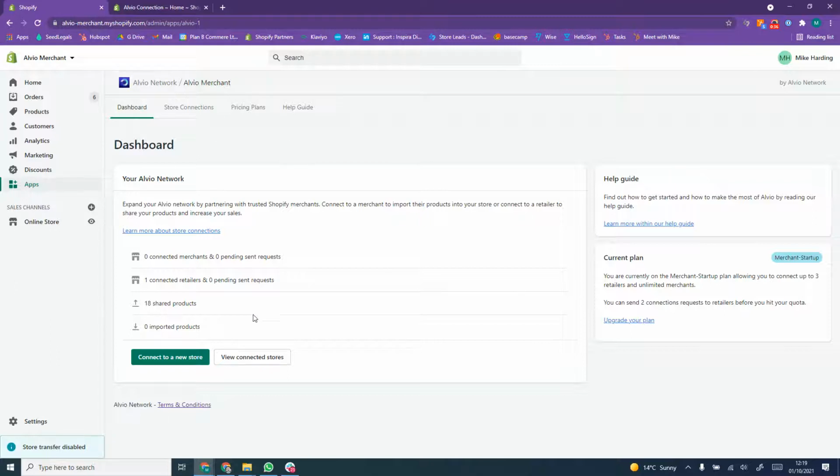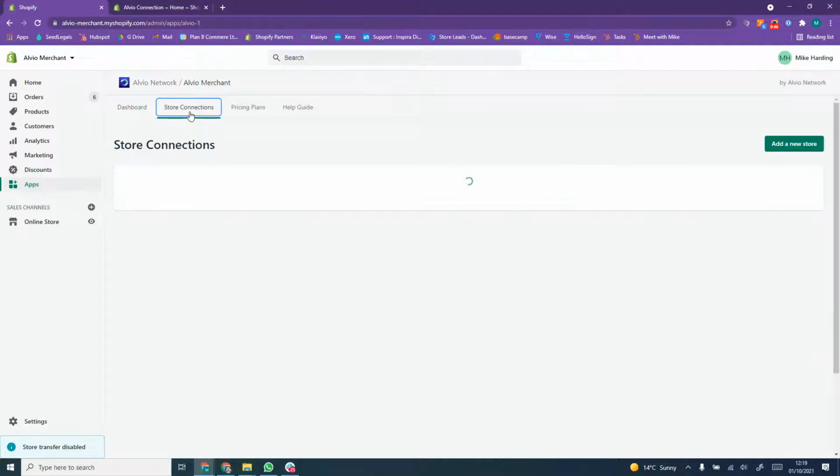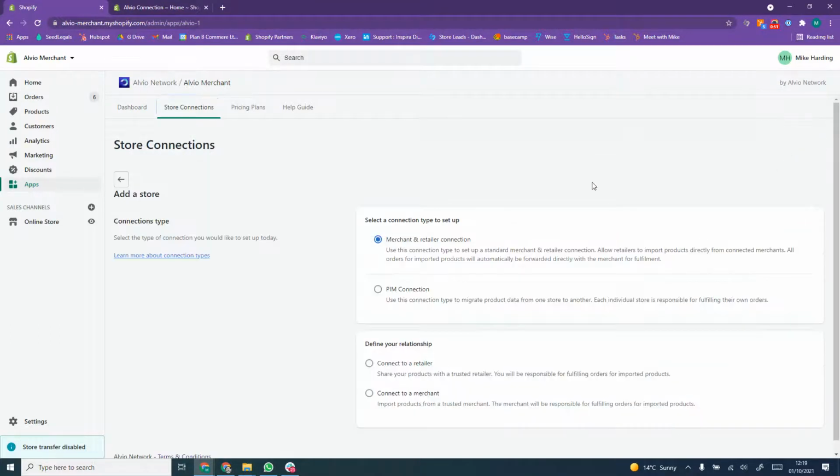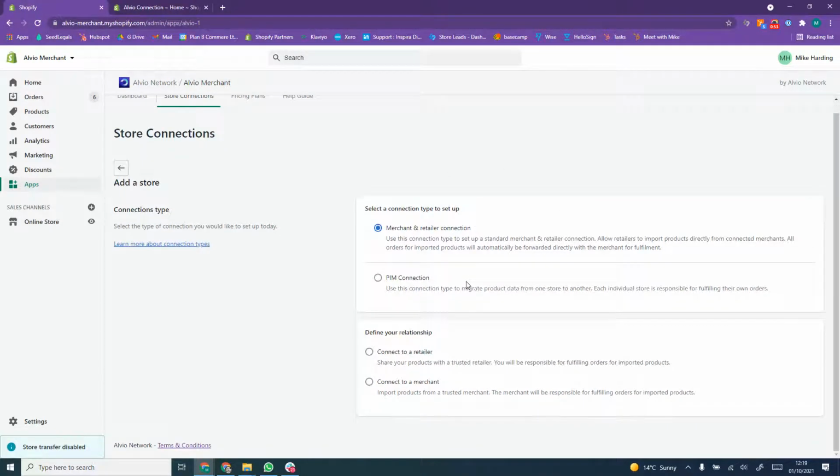So we're assuming that we're a merchant here and want to connect to another retailer, which is our Alveo connection store. We can either click connect to a new store, or we can come into store connections and click add a new store. You have two different types of connection that can be made. The most common will be merchant and retailer. A merchant who wants to export his products and allow a retailer to sell them, or we have a PIM